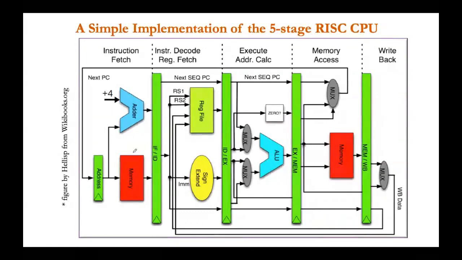Okay, so in a simple implementation of the 5-stage RISC CPU, we have seen that these instructions will be implemented in 5 stages. That is instruction fetching, instruction decode, instruction execution, memory access, and write back. So in the instruction fetch, the components involved are first your program counter, which holds the address of the next instruction, and